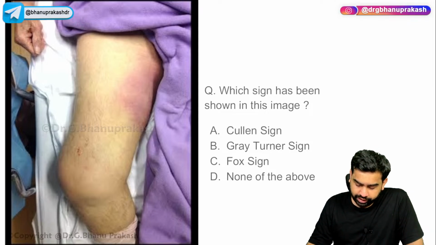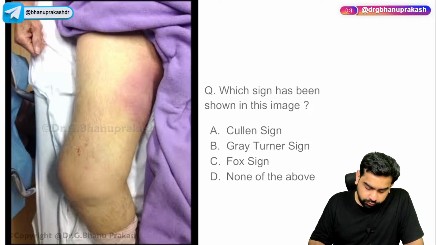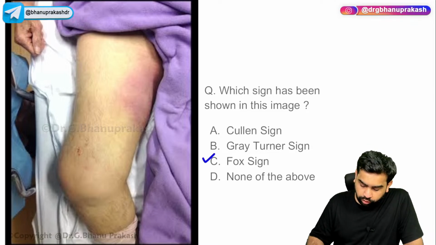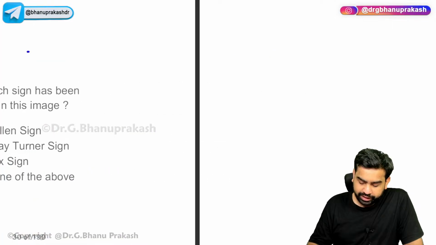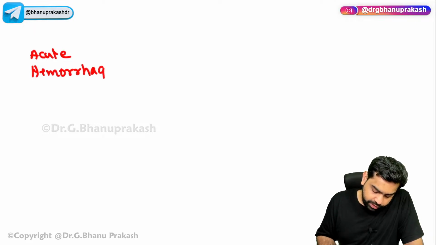Now, what is the sign which has been shown over here? Is it the Cullen sign, Gray Turner sign, or the Fox sign? Shanky has told us that it is a Fox sign. So, yes, it is a Fox sign. Tripti, please understand, this is the Fox sign. Now, what are these particular signs? These are the signs of acute pancreatitis, acute hemorrhagic pancreatitis. So if there is a patient having acute hemorrhagic pancreatitis,